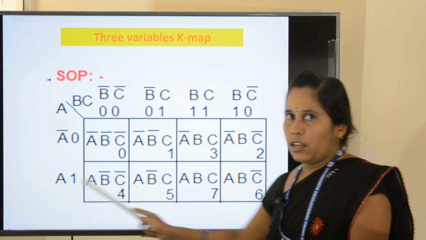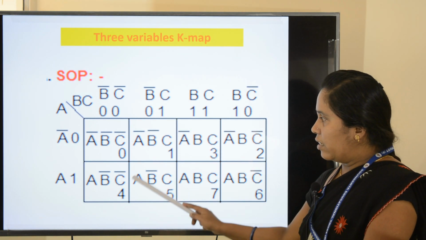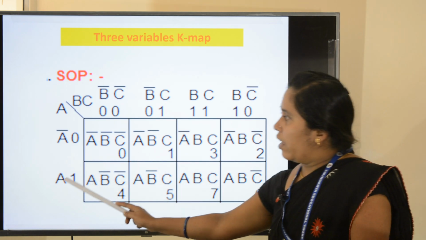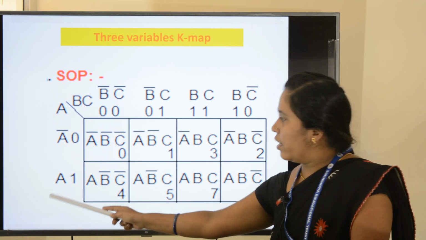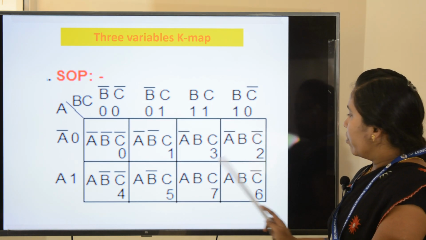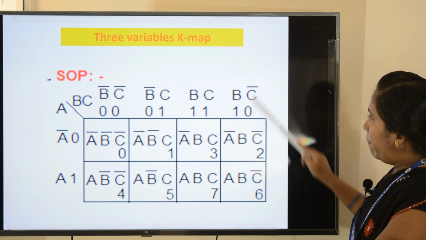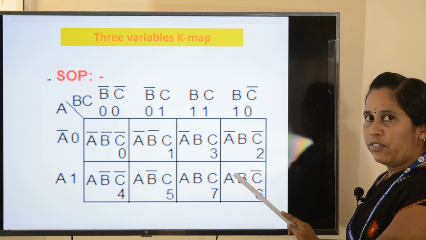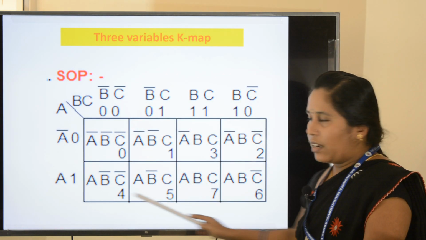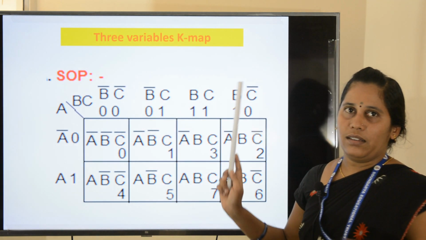The next cell: row is A, column is B bar into C, that is A into B bar into C. The next cell is A into BC: row is A and column is BC, A B C. Next, row is A and column is B C bar, so the cell is filled by A into B into C bar. These are the minterm representations of each cell.